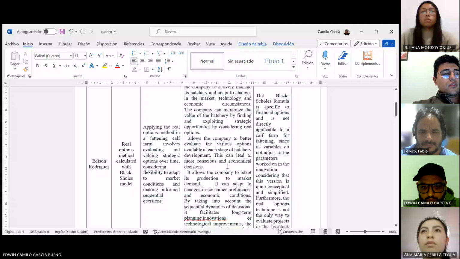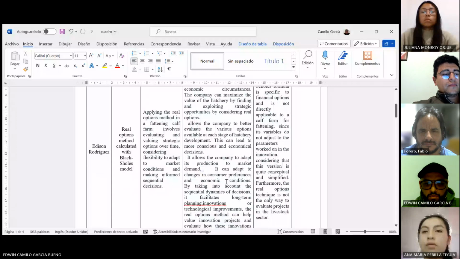It allows the company to adapt its production to market demand. It can adapt to changes in consumer preference and economic conditions. By taking action, the scaling dynamics of decision making facilitate long-term